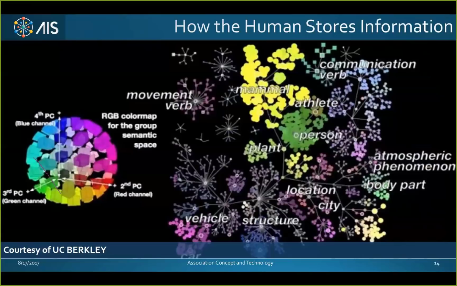Now, statistically speaking, this person, whoever it is, probably works with animals, either a zookeeper, a veterinarian, something of that nature. Because again, everything else is pretty much the same. The location, city, structure, vehicle, movement, verb, everything's pretty much equal with the exception of mammal. So it would be a good guess. Not a guarantee, but a good guess. But if I wanted to connect mammal to vehicle, it would simply be a dendrite or a connector, an association.